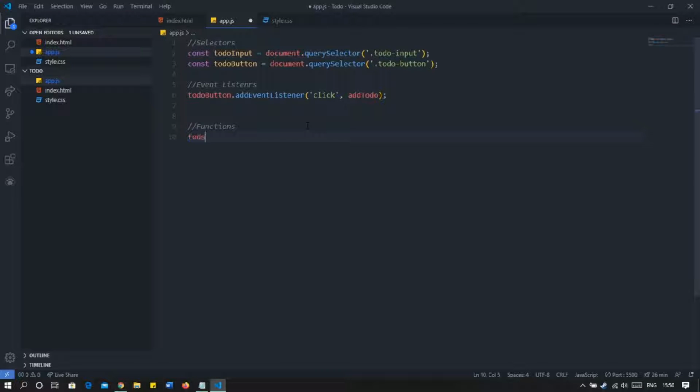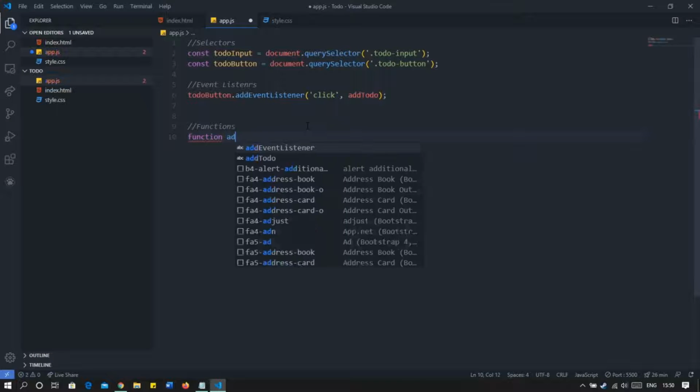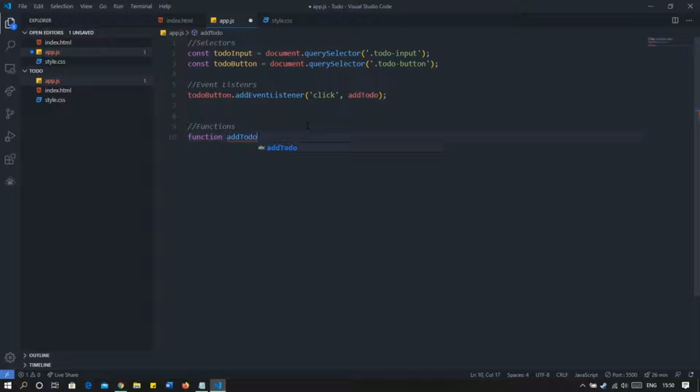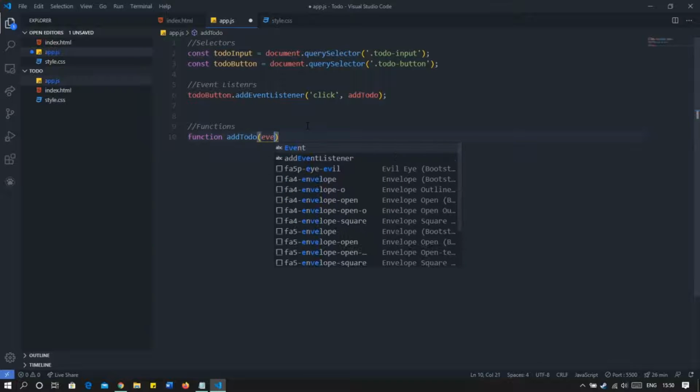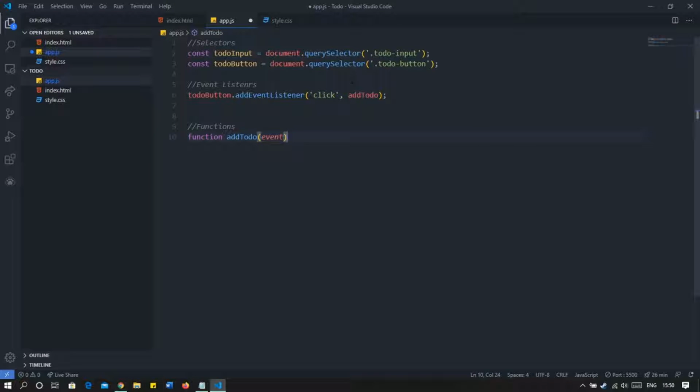The first function that we will be creating is addTodo, and we will be getting an event, that is the click event we are calling from here. So we will have the event here. So we got the function right here. Now we have to get the value, right?